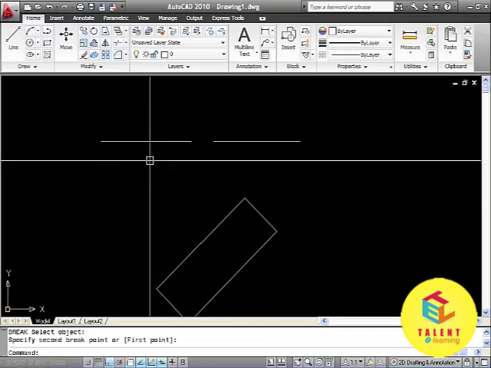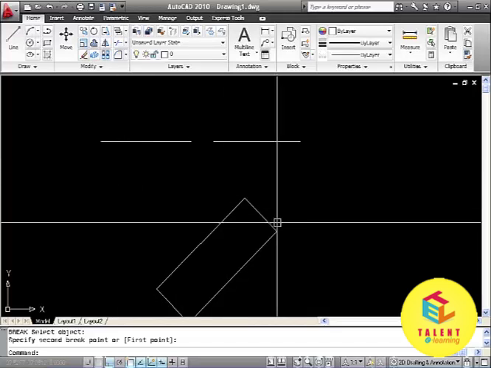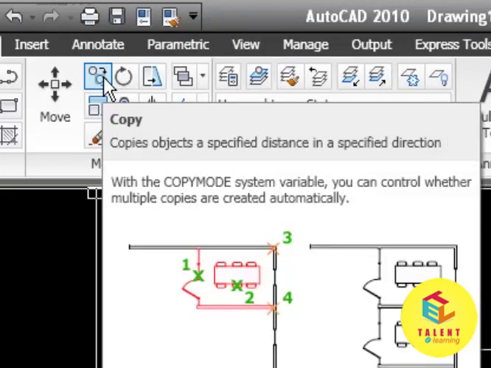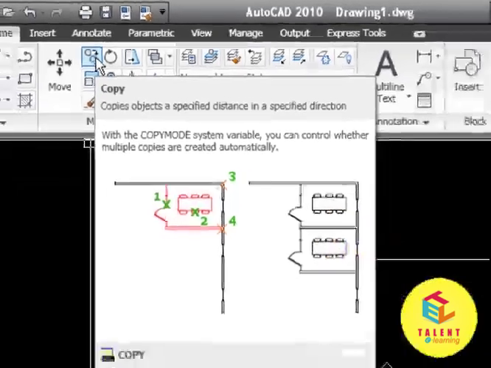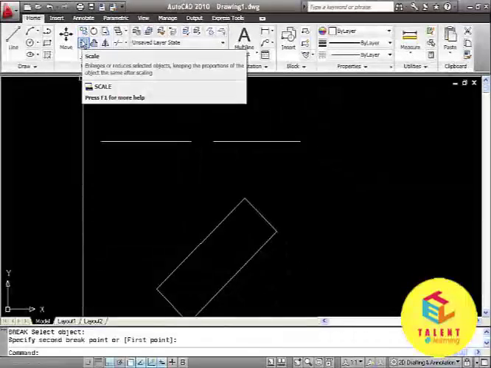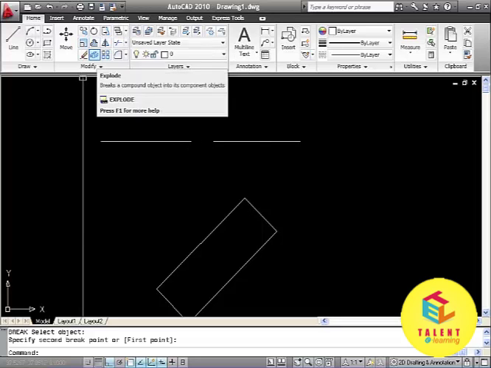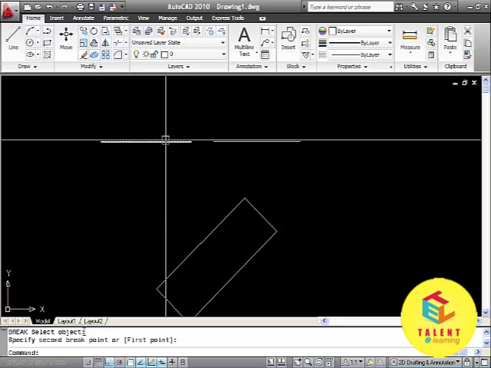The next command that we will learn here is copy. Copy is located on this modify toolbar. It will copy the object with a specified distance and in specified direction. The copy command is used to duplicate one or more existing drawing entities at another location without erasing the original. The command for it is